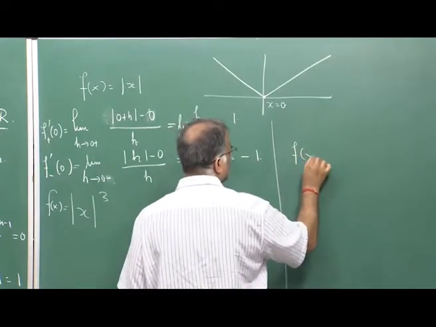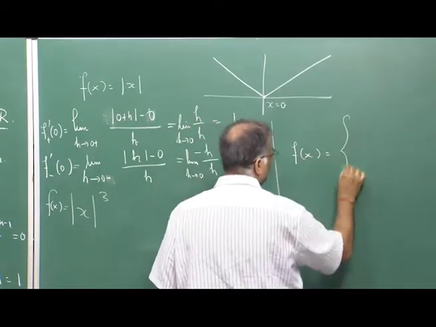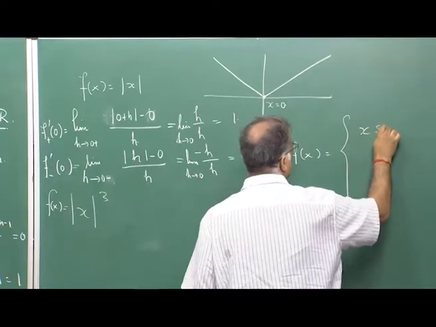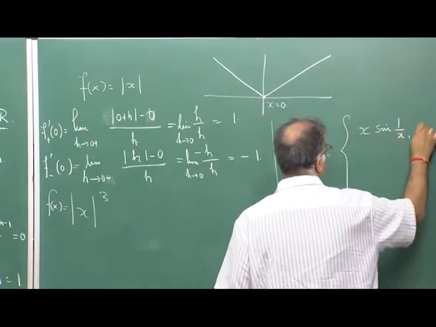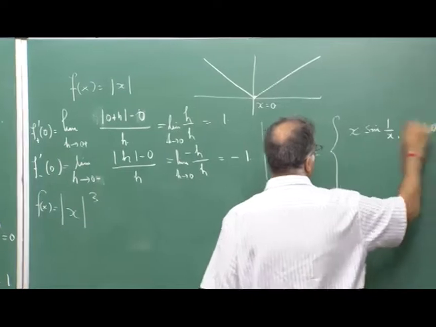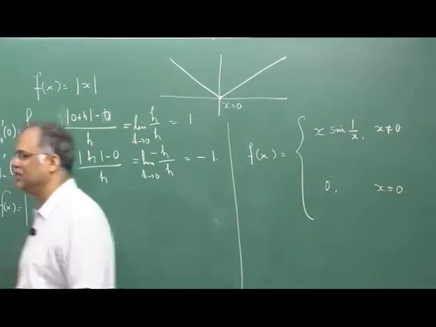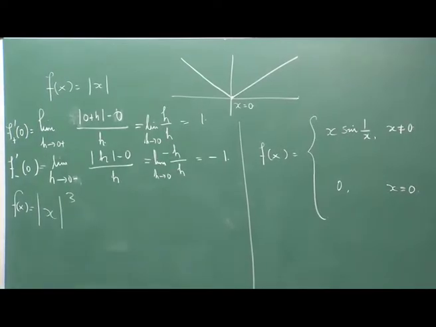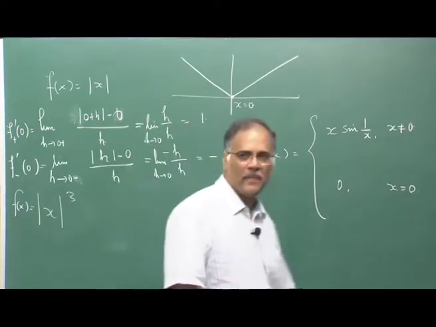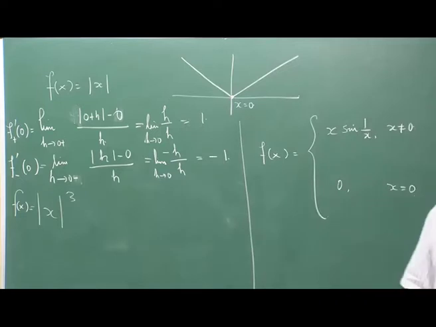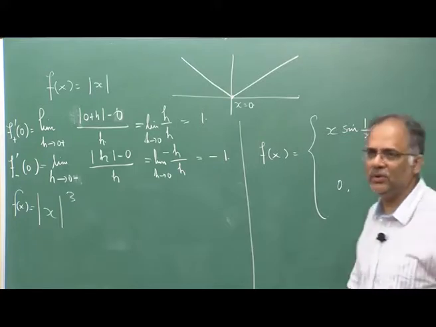if I have f(x) equal to x sine 1 by x when x is not equal to 0 and is equal to 0 when x is equal to 0. Now, this is a continuous function at this moment, you know how the function behaves. I have already drawn pictures of this, but the funny part is that this function is not differentiable at x equal to 0. When x is not equal to 0, you can easily calculate the derivative